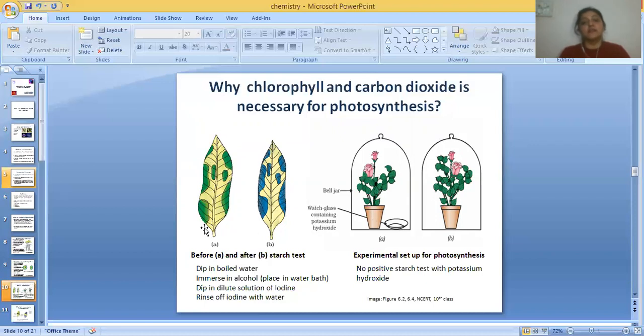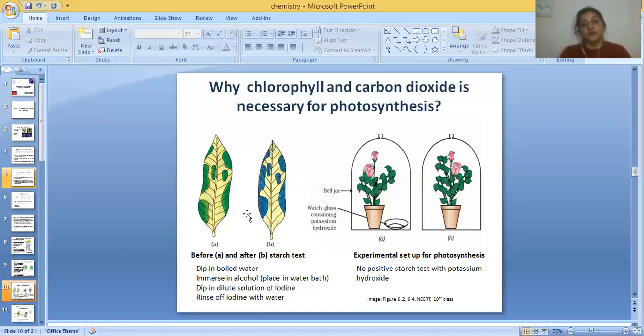After that, there's a second step in the starch test, in which you immerse this leaf into alcohol, and you put the container into a water bath so that alcohol starts boiling. After that, you dip this leaf in dilute solution of iodine